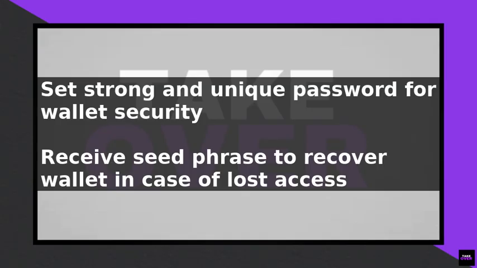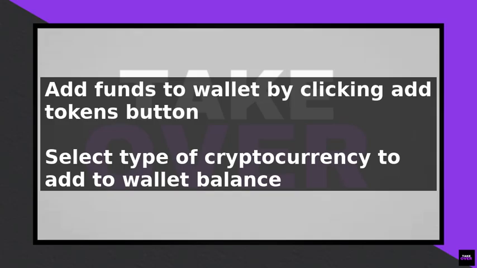After setting up your password and seed phrase, your wallet will be created and you will be taken to the main interface. Here you can see your account balance, transaction history, and other settings. To add funds to your wallet, click on the Add Tokens button and select the type of cryptocurrency you want to add. You can also connect to different blockchain networks, such as the Ethereum mainnet or testnet, by clicking on